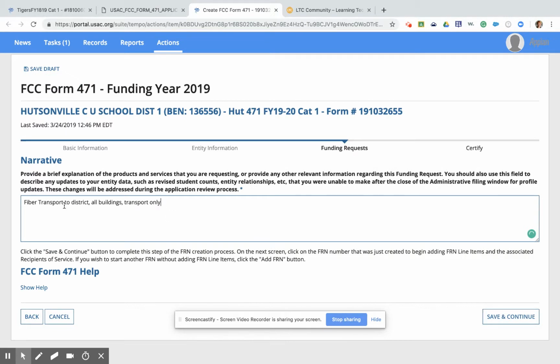And this is the narrative that was brought over from last year. Please do note in the narrative, if there are any changes that need to be made, you can make those. You can also add any special instructions for your PIA reviewer here. Clicking save and continue will take us one more page